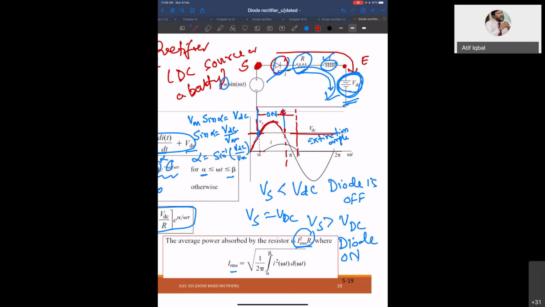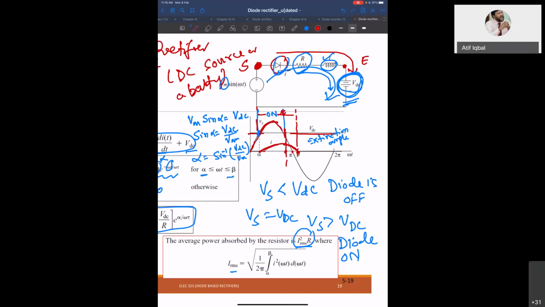And I assume this to be ideal. So the current will start rising. At this point, the source voltage is less than the diode voltage, the battery voltage. So the current starts falling, and it will fall and reach 0 here. So due to this inductive effect, the current goes beyond pi and goes beyond this value. Does this answer your question?